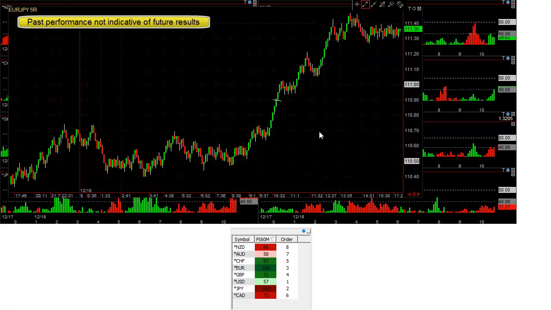Once you identify a currency that's super strong and another one super weak, basically, you can look for patterns like a little rectangle breakout, or what I would prefer, a 3 to 5 bar pullback. As soon as you get one green bar and it goes 1 pip above that bar's high, you get in. You can see 110.11 or 111.10 went up 30 pips from that point. This one right here, you could have made about 18 pips in 30 pips. And of course, if you want to use a 50 tick chart,